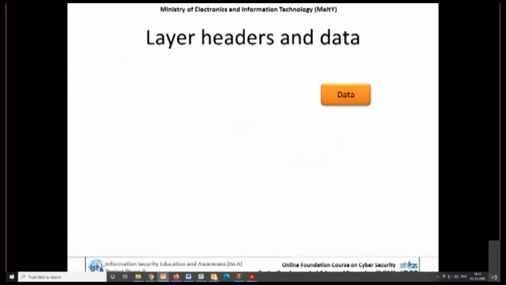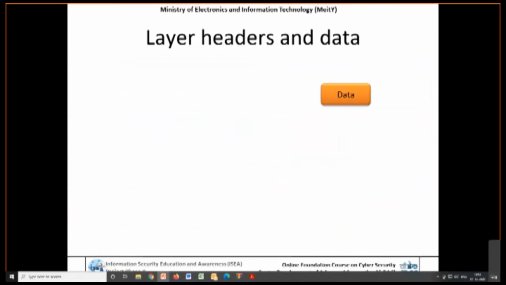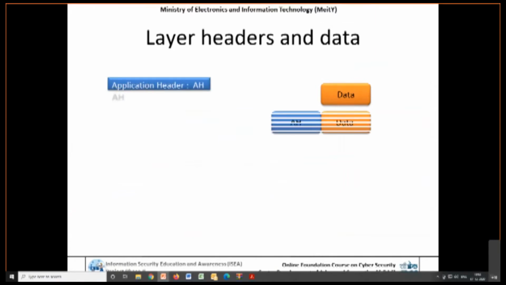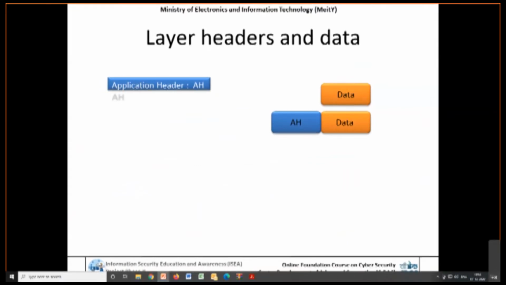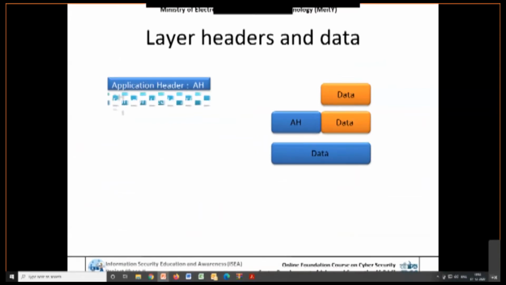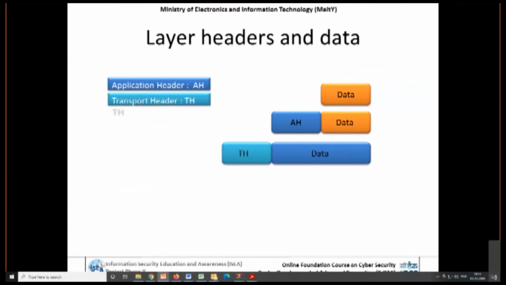So when data is in the application layer, we generally call it data. Once the application header is added, either your email data header or your web browser data header, it becomes data again, and that is pushed towards the transport layer.